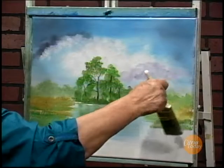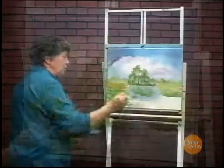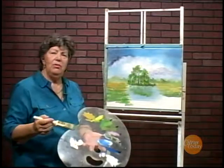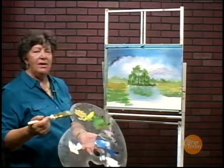All right, I'll just stop here, and in the next segment I'm going to put a couple of birds in and finish the foreground. And I hope you enjoyed watching me put in the cypress trees in the marshland, and